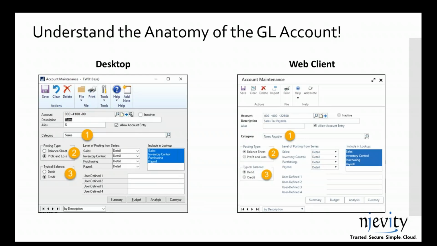So if we look at this particular window, if you're a GP user, you're familiar with this window. There are three things I want to point out that are incredibly valuable when we're building out financial statements in the world of Power BI, particularly in terms of GP. One of them is the category, where you see the number one, regardless of which window you're looking at. Where the number one is located, that is our category. Now, there are 48 categories out of the box. We're going to talk about them more in just a few moments.